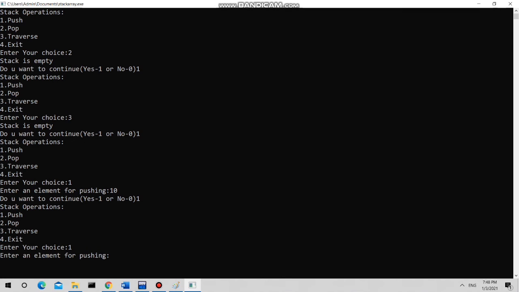See, I will add 5 elements, then we'll display those elements, and then we'll perform pop operation.